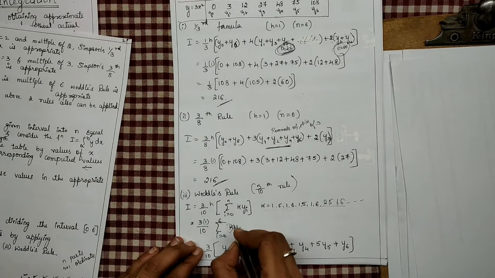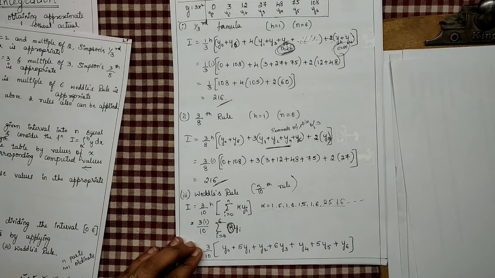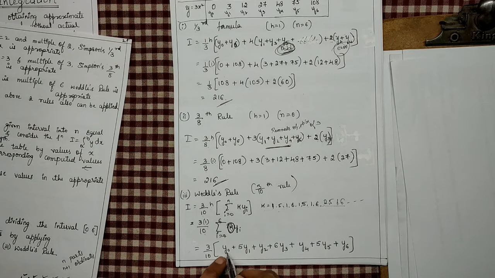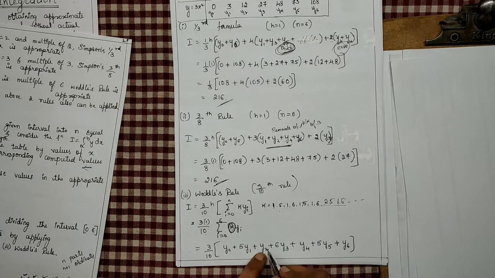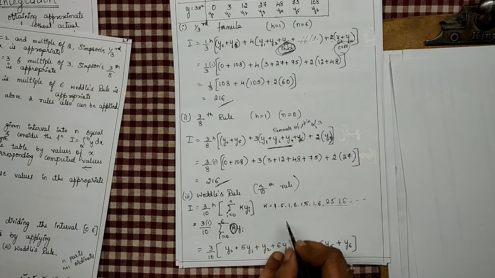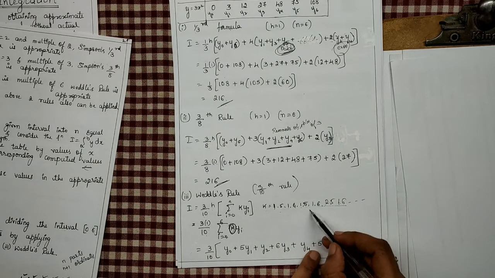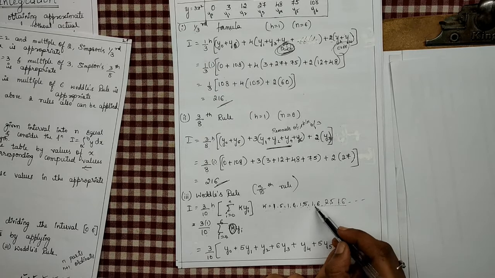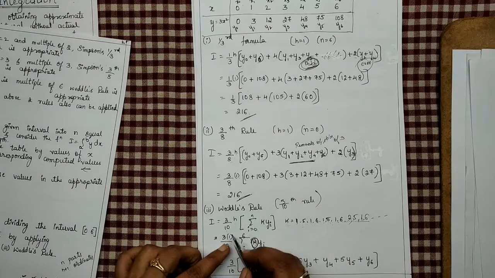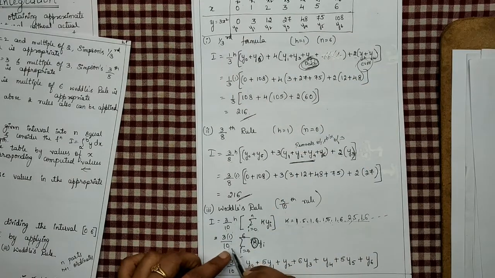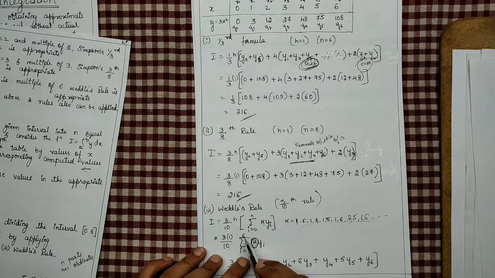Now what is this k value? It will help you to substitute. For the first element, coefficient of y0 is k, that is 1. For the second element, k value is 5. For the third element, k value is 1. For the fourth element, k value is 6. For the next element, k value is 1 again. For the next again, 5. For the next again, 1. So this is how we have written the formula. H value I have substituted. H is 1, 3/10 as it is, into summation i runs from 0 to n, n value is 6, k into yi as it is.